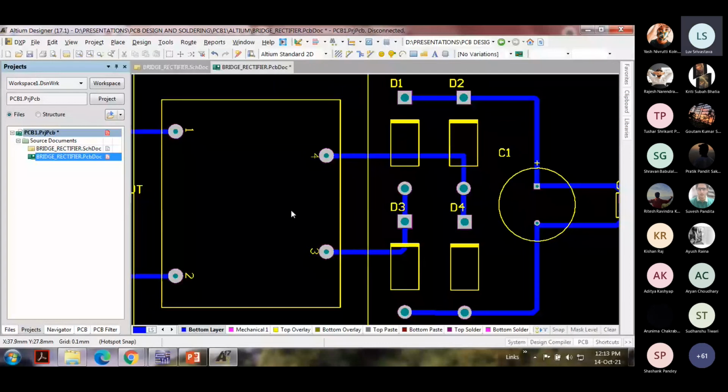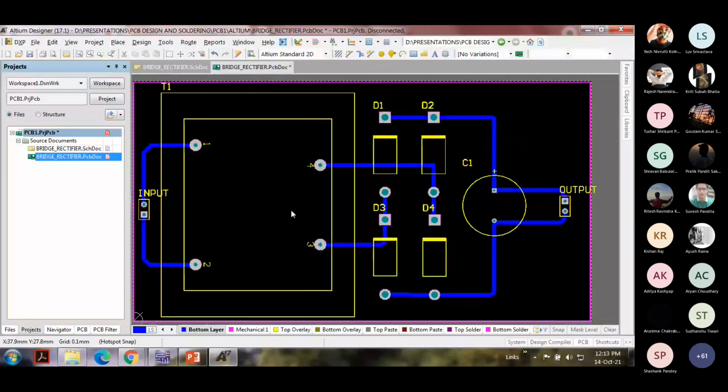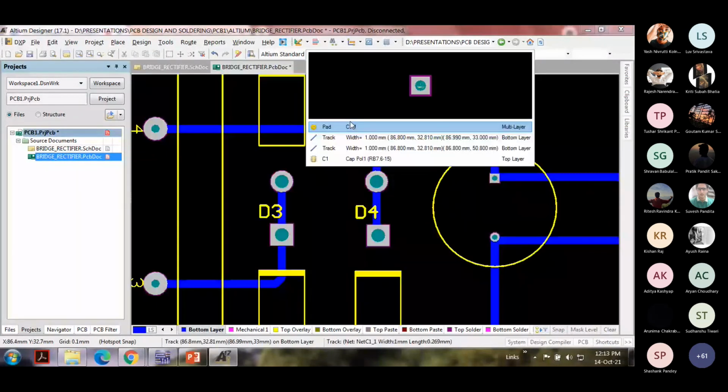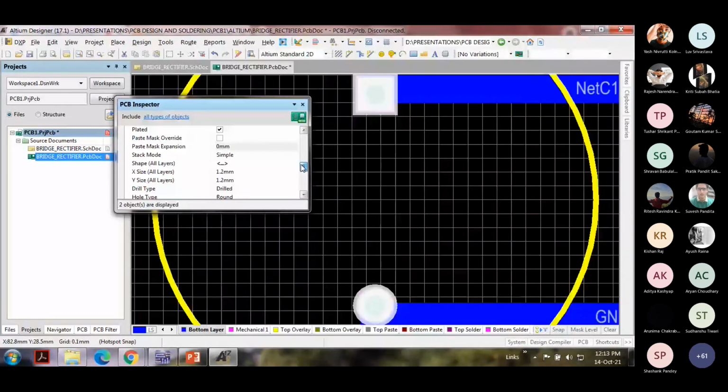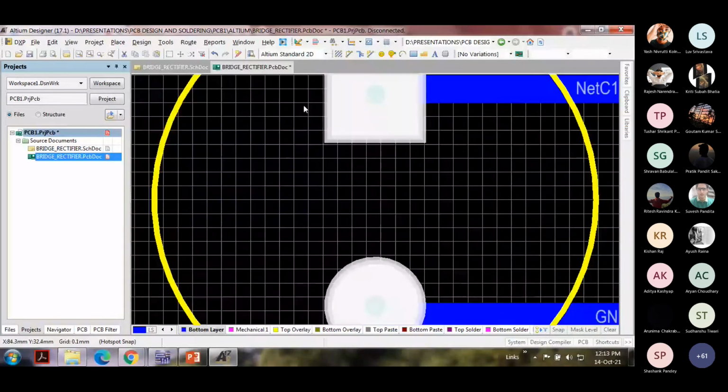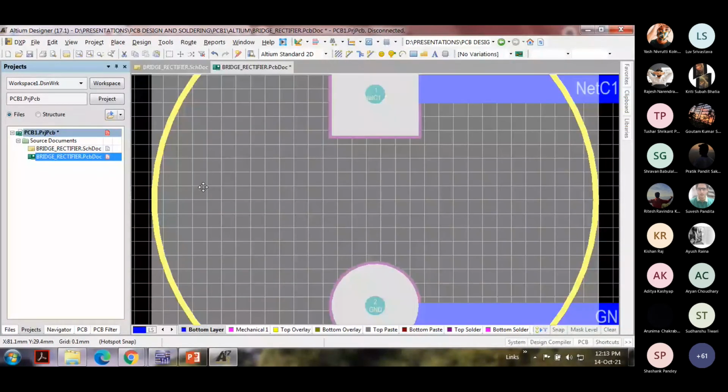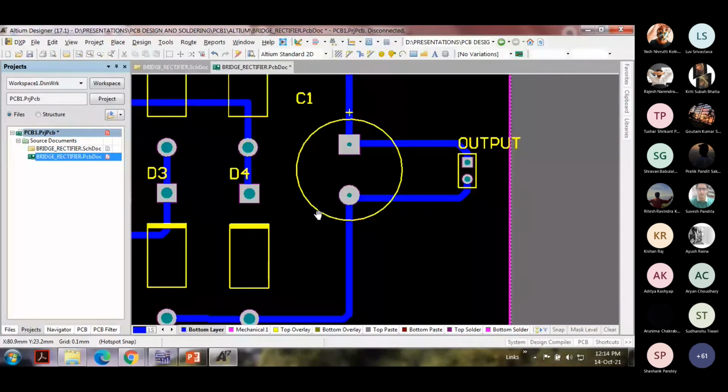Here also, on the capacitor, I'm going to change the pad size. Make it 3, that will also do. I cannot change the size of this unfortunately because it's way too close here.